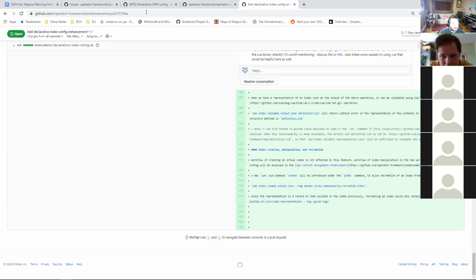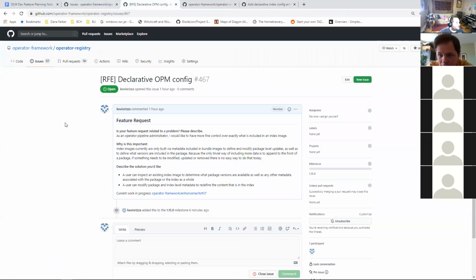Does this have any cascading effects on the interface of the index image itself, like to a subscription or a catalog source? In the short term, the answer is probably no, because we need to make sure that this is backwards compatible for a while. I think there's a couple of things. There's also another thing that we should probably bring up around what we're trying to accomplish,